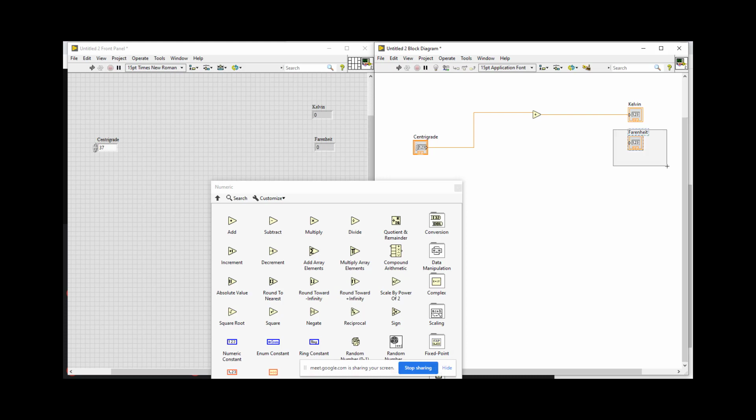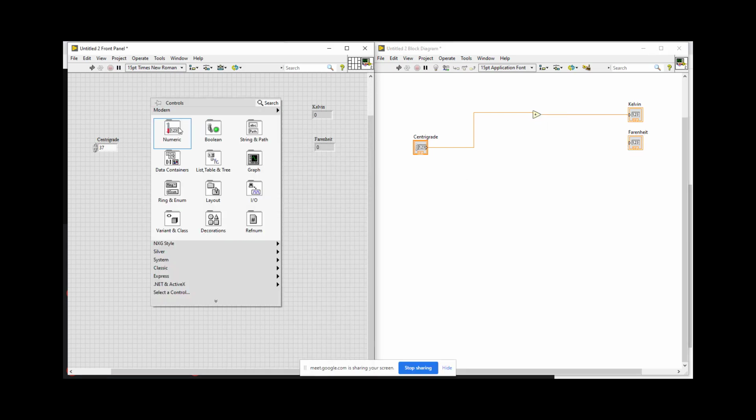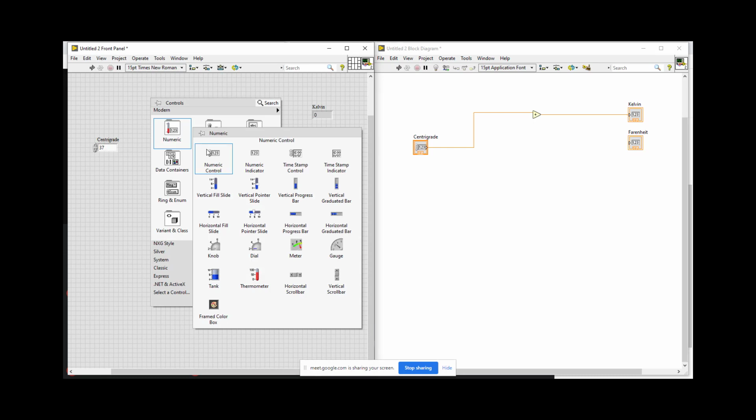This is also supposed to be an error, but right now it's not going to be an error because this is a separate block. But yes, whatever operation is supposed to happen right now, it's supposed to add something to this centigrade value. So this terminal should not remain open. Okay, so we need 273.15, again, we need numeric control.